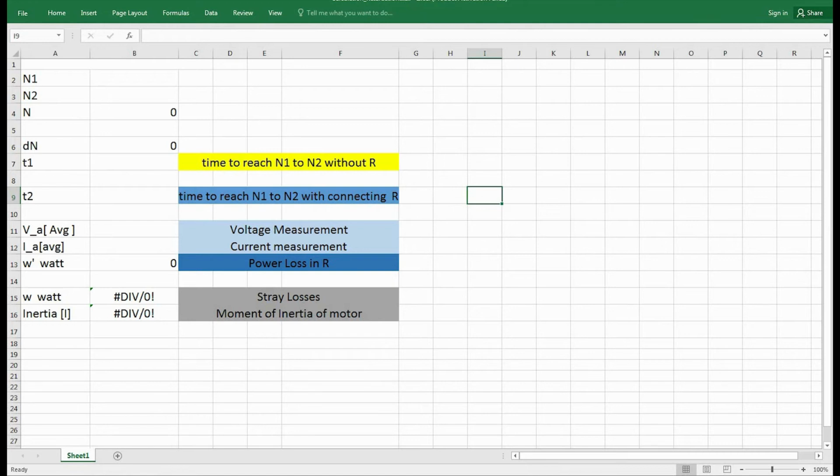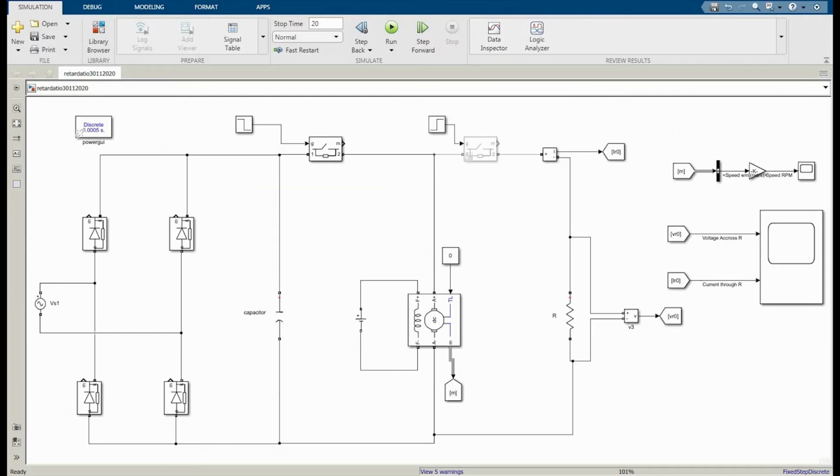I have made an Excel sheet to calculate the required data quickly so we can save time. Here I have specified the N1, N2. We have run the simulation successfully. So let's check the speed curve.